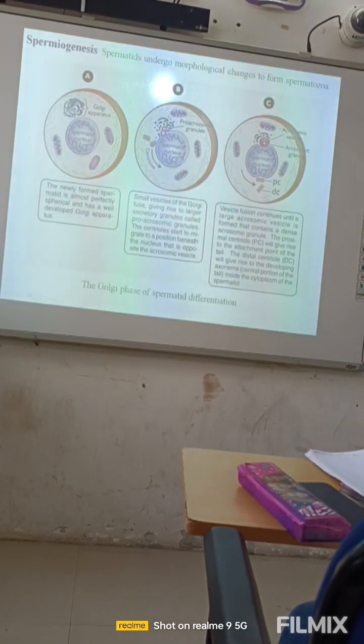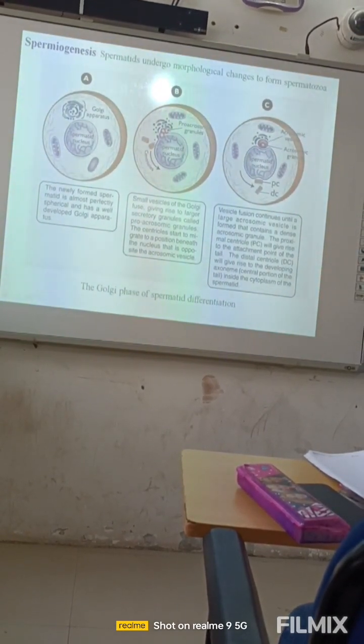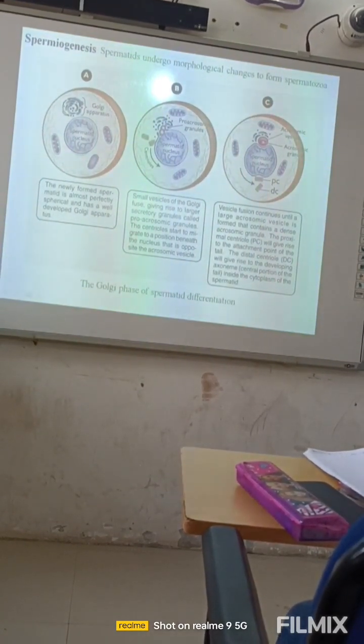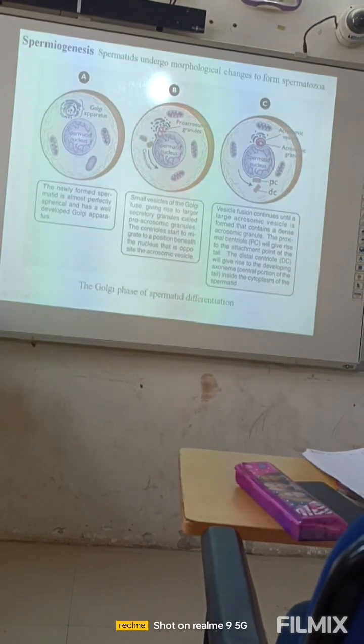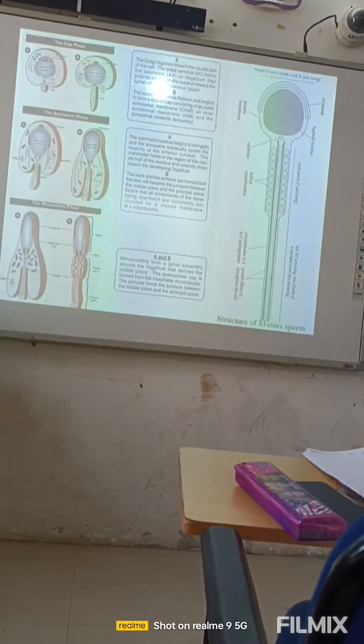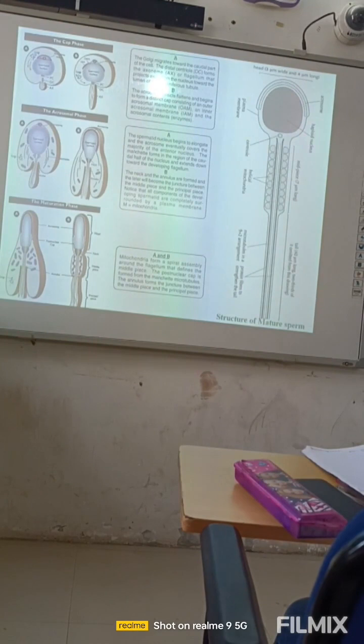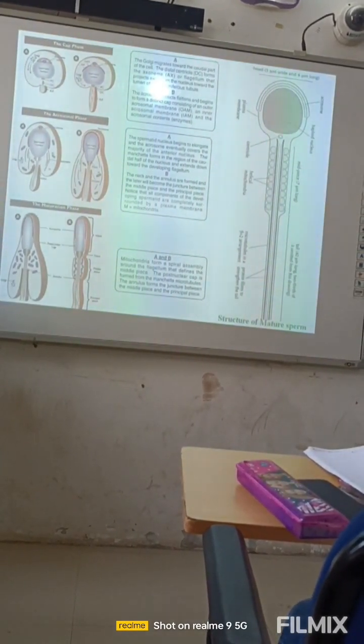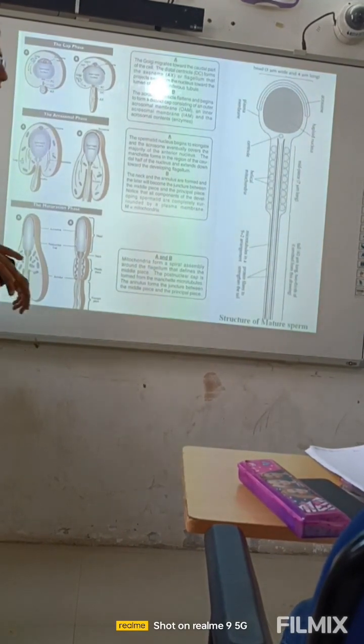The distal centriole will give rise to the developing axoneme inside the cytoplasm of the spermatid. So this is the process, and finally, there is the Golgi phase, then the cap phase, then the acrosomal phase, then the maturation phase, and finally